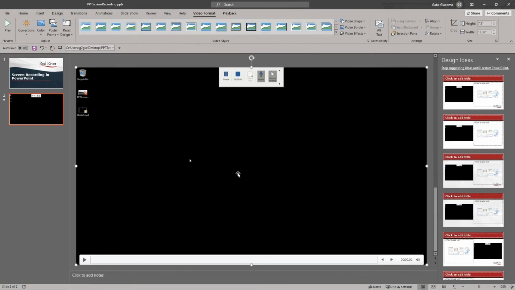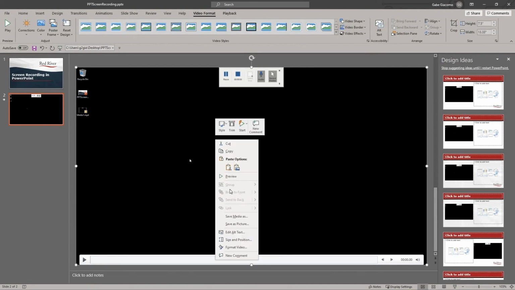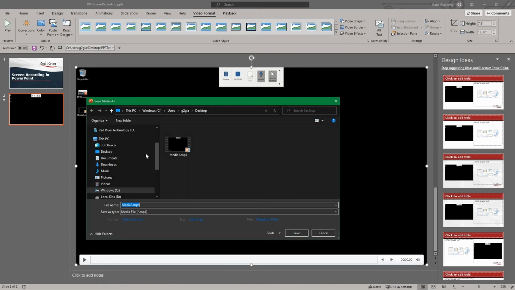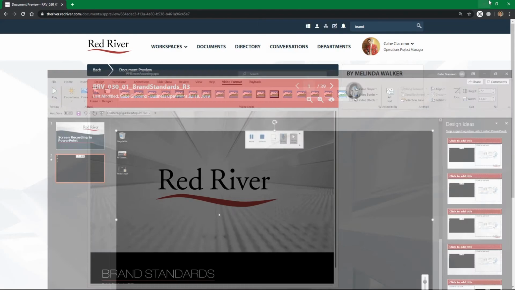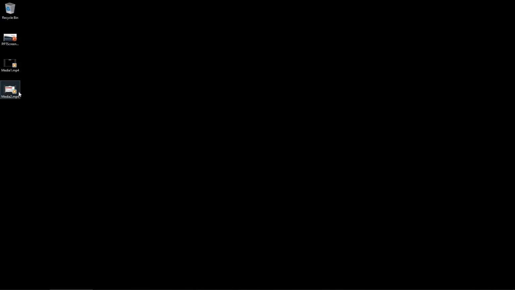And there it is. Now that I've recorded how to do that, I can hit the stop, or I can do Windows key Shift Q, and that will end the recording and paste the video directly into the PowerPoint. If you only want the video, the shortcut way to save it is to right-click on that video and do Save Media As. That'll open a save window. Pick where you want to save it, hit save,